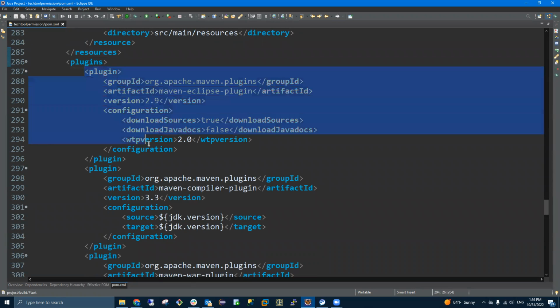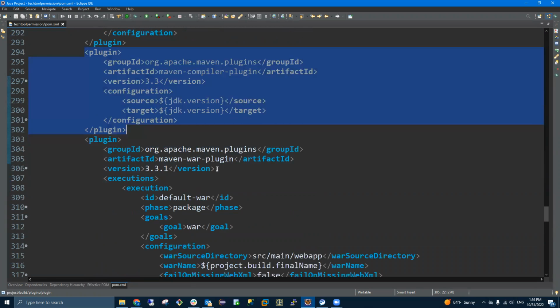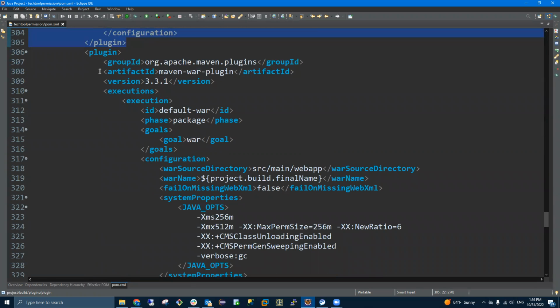Because it's Maven, you need a Maven Eclipse plugin. Otherwise, Eclipse will not go there to pick up Maven. Because it's Maven, you need to tell Eclipse you're going to use the Maven compiler to compile this kind of project. For this Maven WAR plugin, it is because I'm going to use Docker. For Docker, if you only have a WAR file there, right? Eclipse won't understand